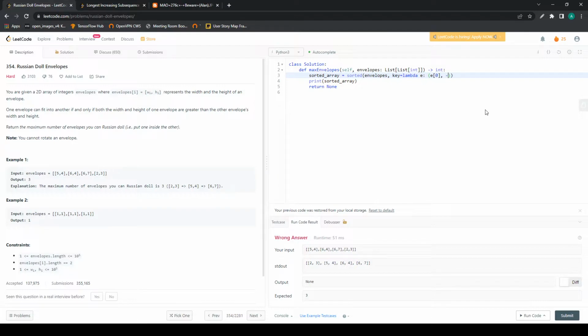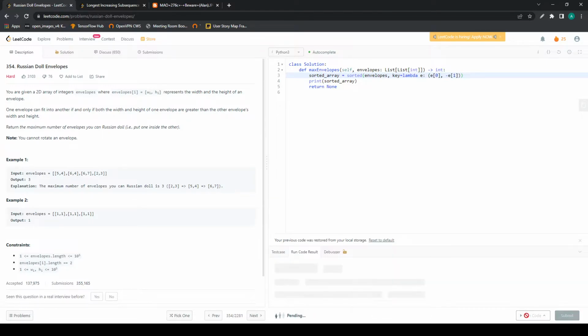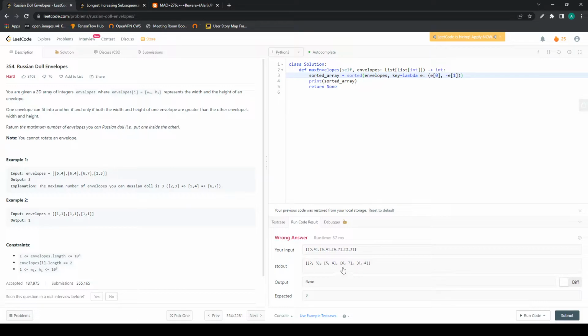So we're just putting a negative sign here, and then sort. Let me run that again. So this is what we want. Now these two are swapped, and then the problem would be, let's say we implement a longest increasing subsequence of a given array,